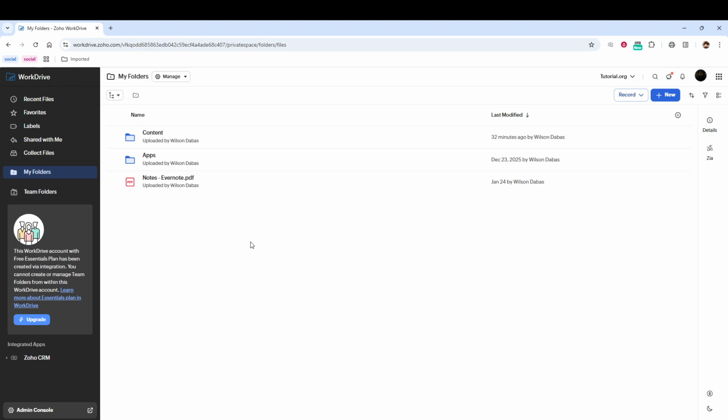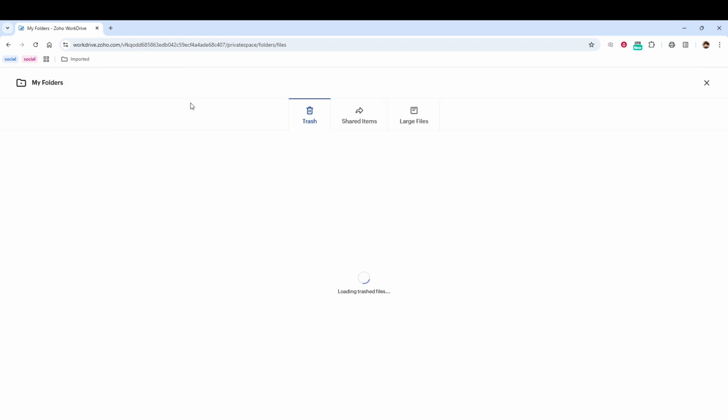back where you expect. Start by opening Zoho Workdrive and going to the My Folders area. Near the top of the My Folders tab, look for the Manage option. Click Manage, and from the menu that appears, select Trash. This takes you to the section where deleted files and folders are stored temporarily. Give the list a moment to load, especially if you delete a lot of items, or if you are working